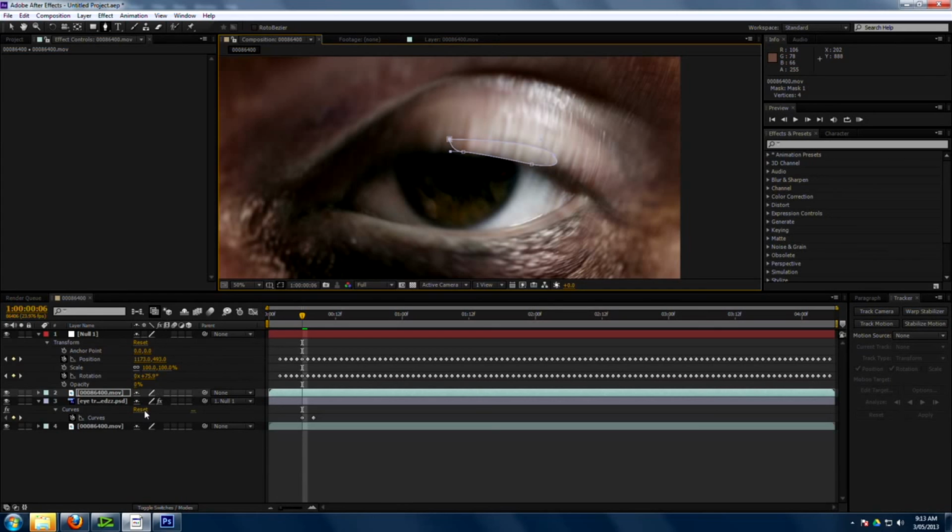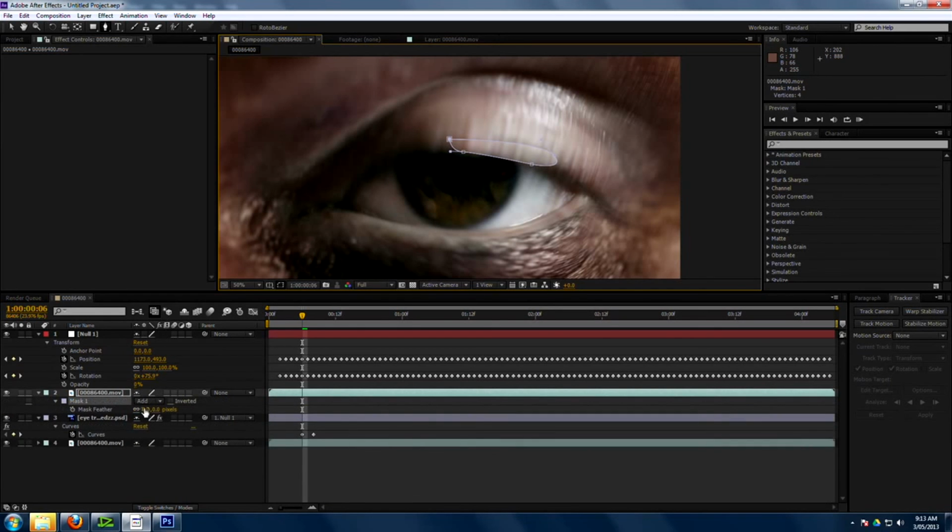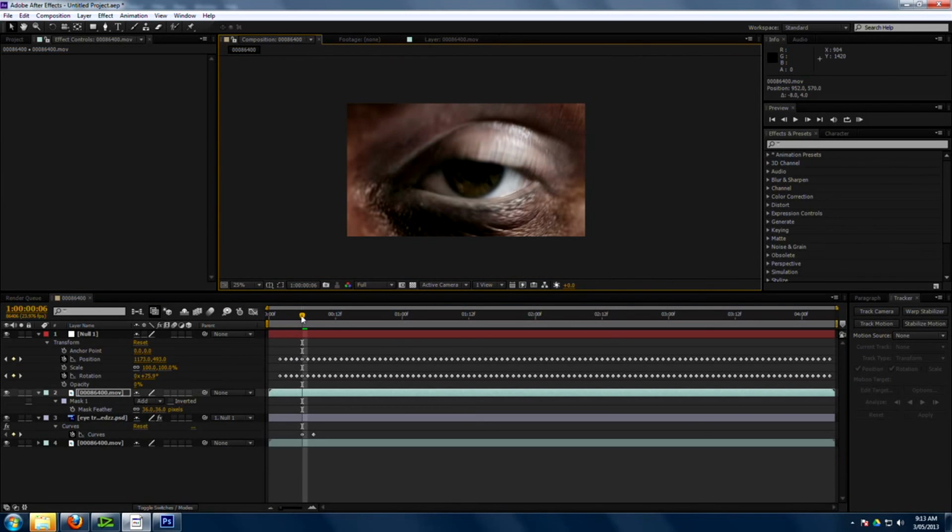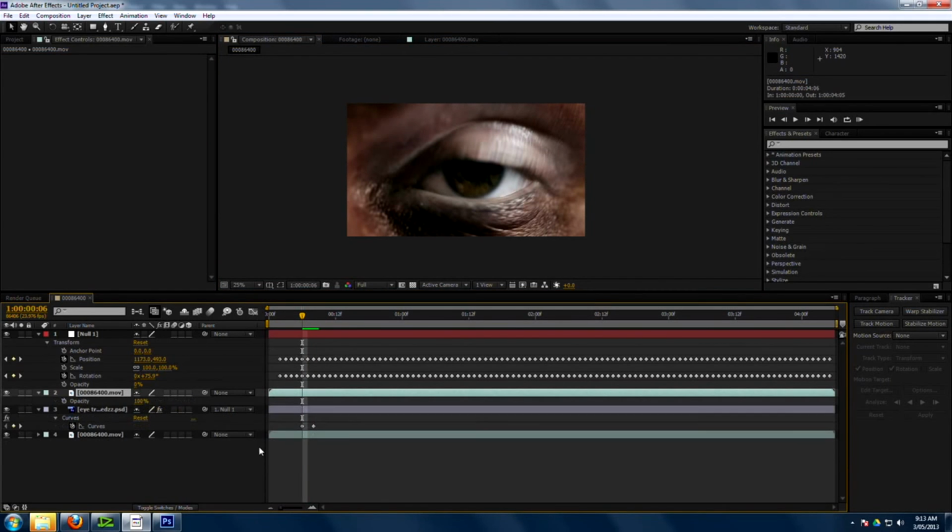Once again, we're going to feather the edges, so just go F for feather, feather those edges, and then we can literally just move the position of that down a little bit. So now we don't have that thing, and it's only for one frame, so it works, trust me. Then all you're going to do is go to the transparency of that and make it 0 here,